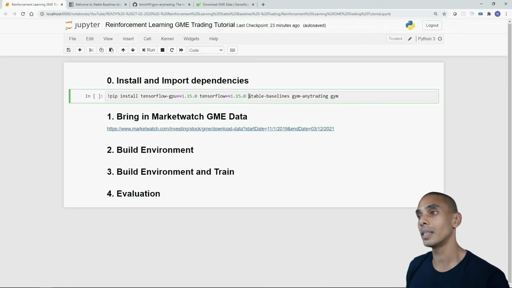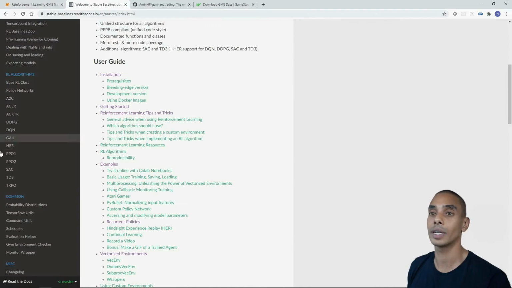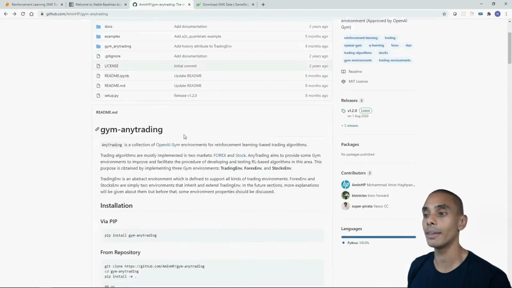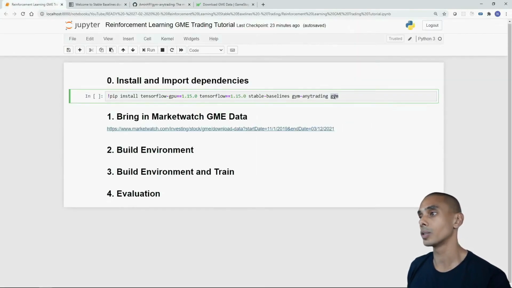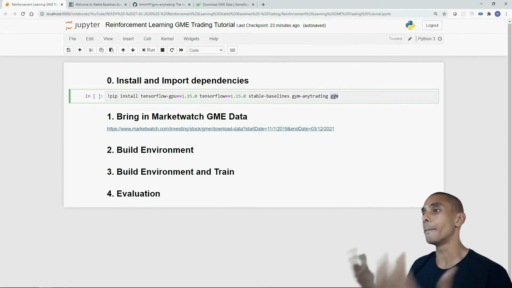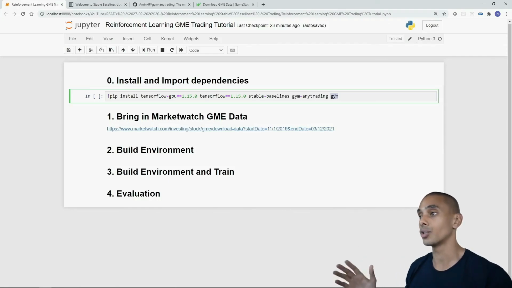Then the next dependency that we're installing is Stable-Baselines. This is going to give us our different reinforcement learning algorithms. Then Gym AnyTrading. This is going to give us our trading environment. And then last but not least, we're installing Gym as well. This is going to give us OpenAI Gym, which is the base framework that Gym AnyTrading is actually built